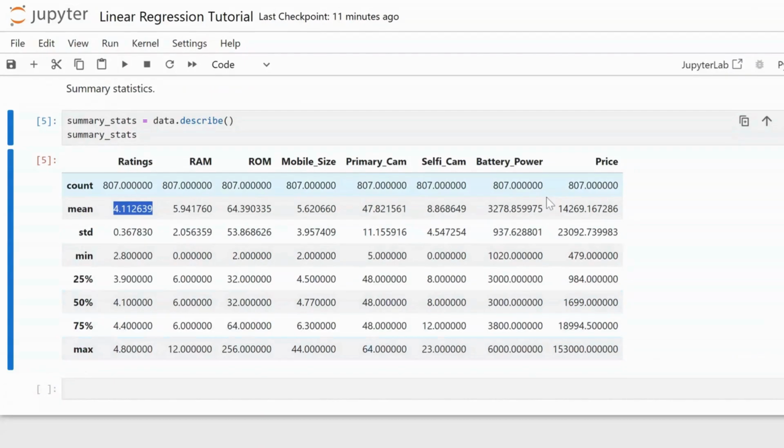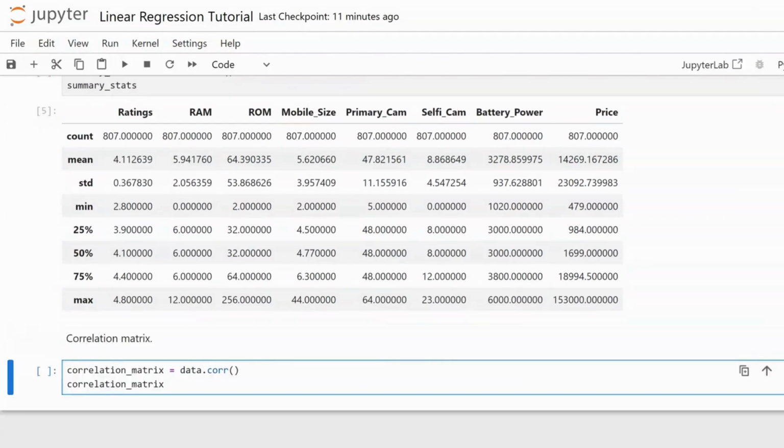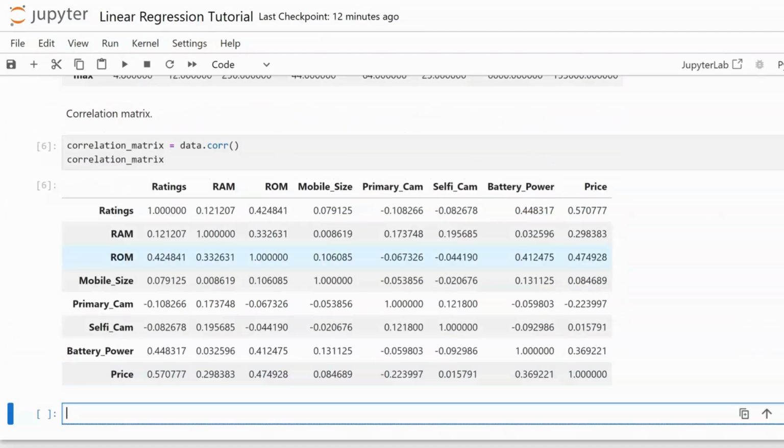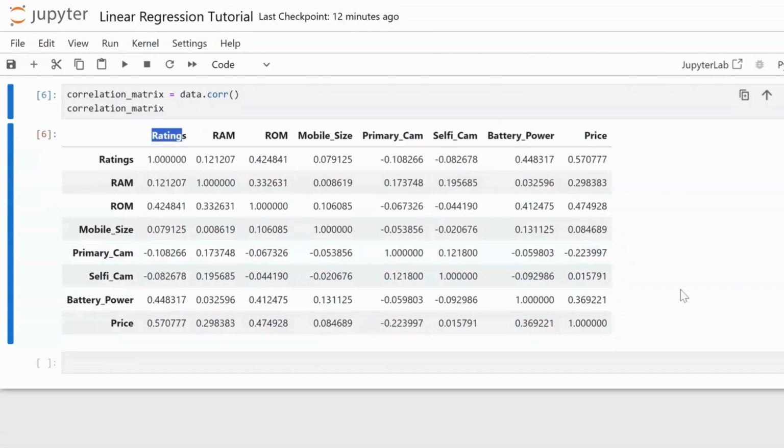maximum value for each column. Because we have numerical variables, we can check to see the correlation between different columns. So this one is easy. We just use the .corr function after data. When we run that, we get the correlation between different variable pairs. So we see, for example, rating and rating is 1, and rating correlated with RAM, we see it's 0.12. We see varying correlation between variables. We would like to